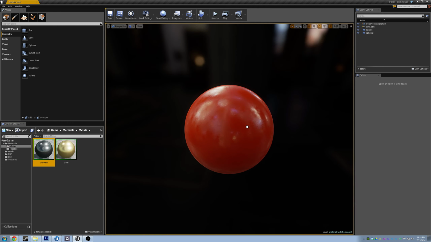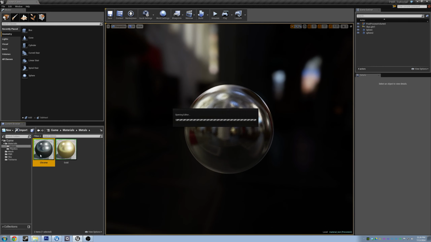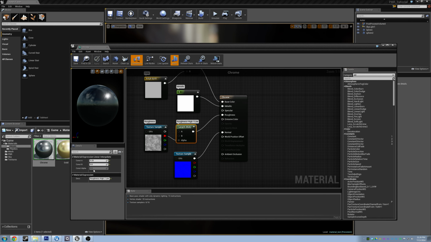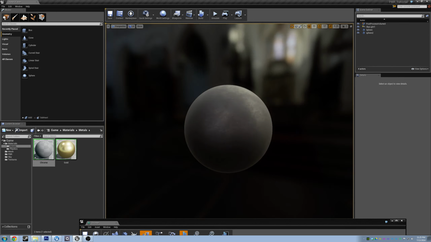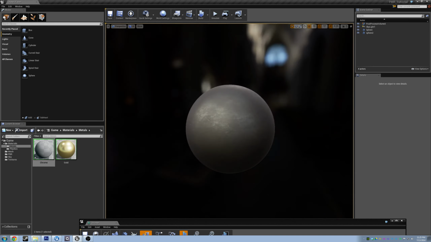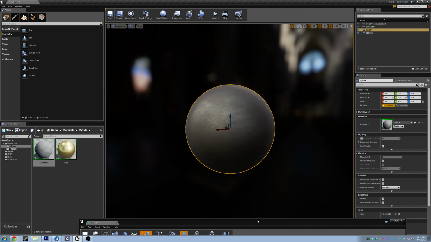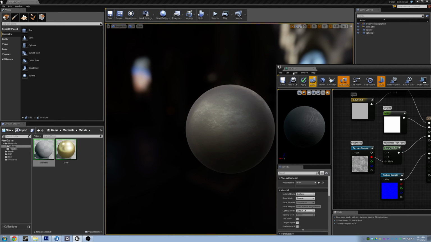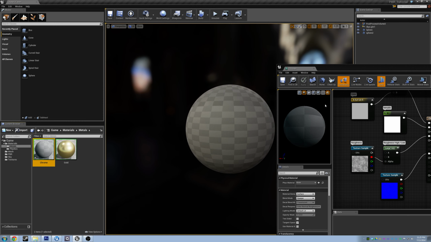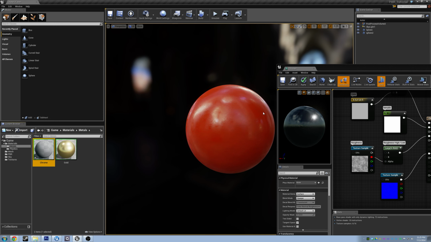If I say, oh, this is a chrome here, but my roughness value is between 0.5 and 1, someone's going to look at this and say, that's not chrome, that's like steel. That's a much rougher metal. So, now that we've explored that a little bit,